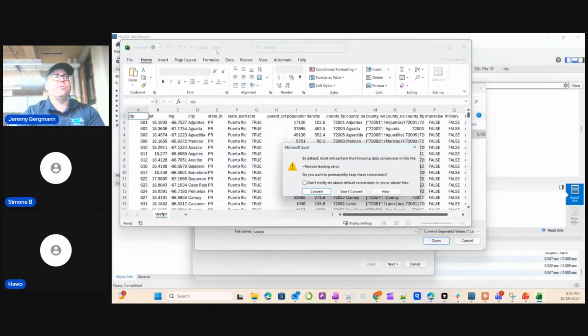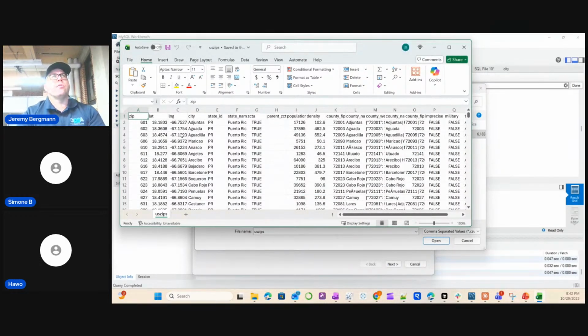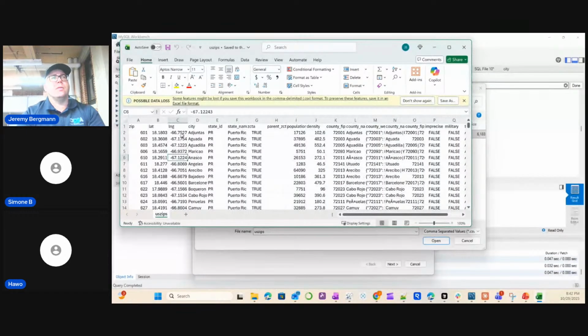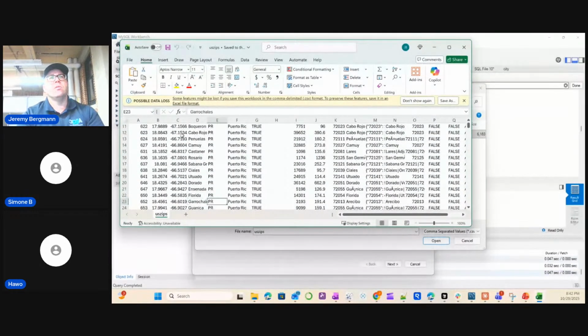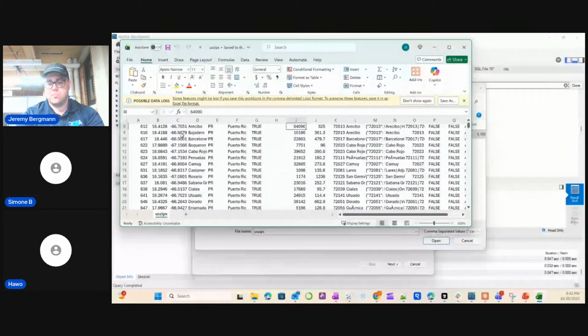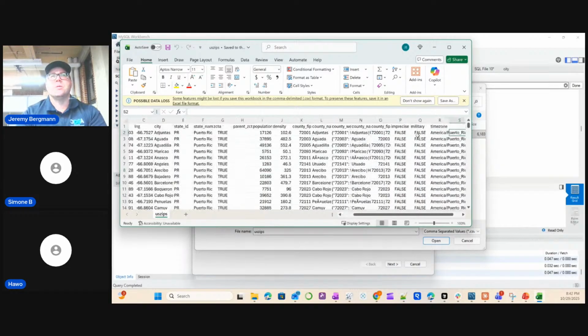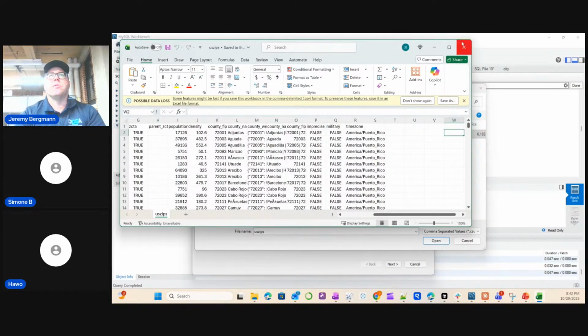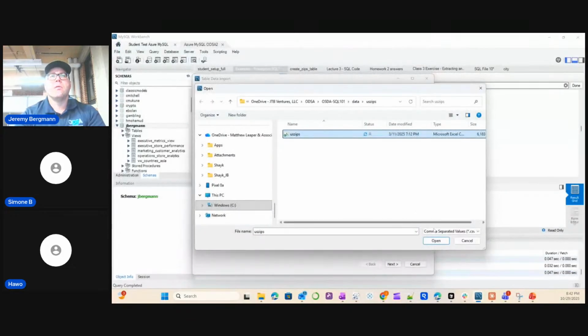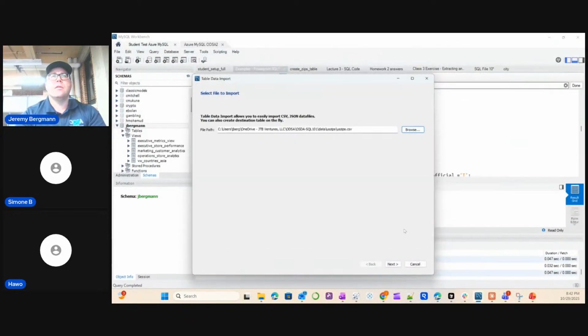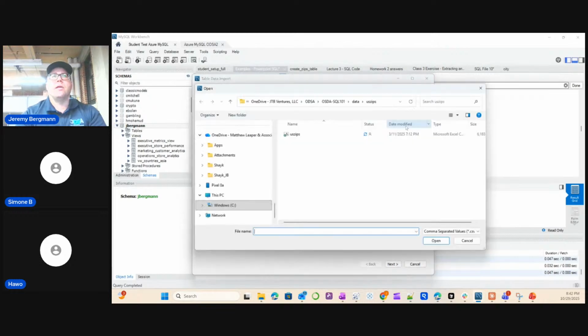It has zip code, latitude, longitude, a whole bunch of zip codes and what the city is of that zip code. Let's see what else it has in here. Population, density stuff, some good information about zip codes, what time zone it's in. Okay. So I want to open that, and just to show you, it displays really well when it's in Excel, but if we open it up in Notepad,